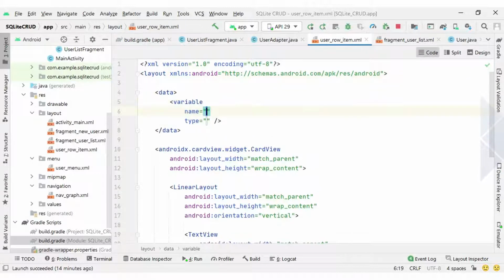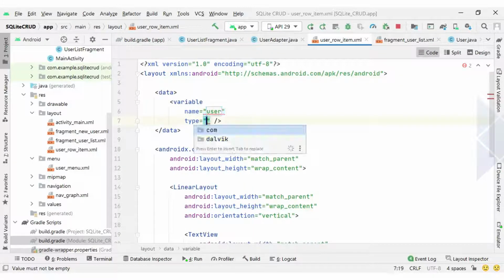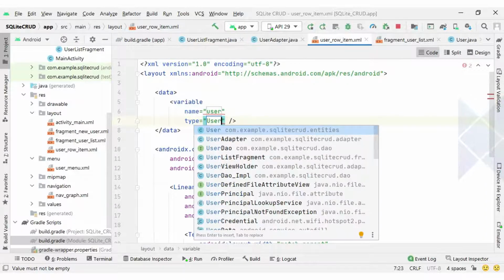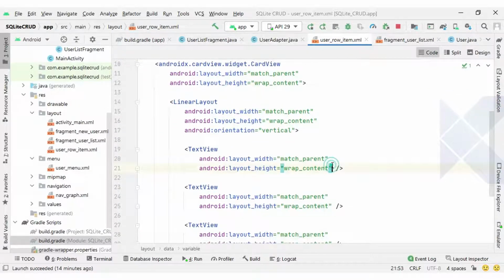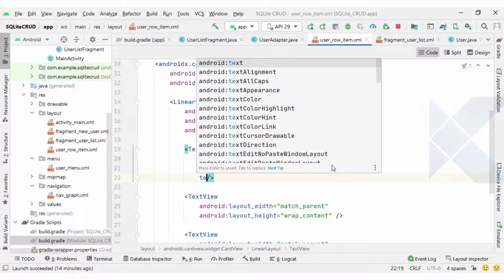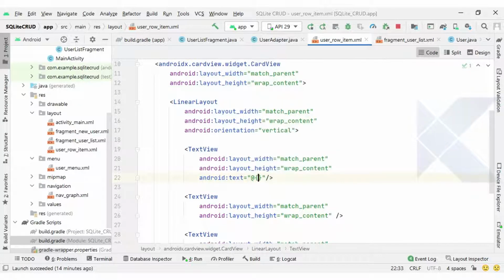have the variable with the name user, and the type we can set as UserEntity, because the data of the user entity we are going to pass with this layout. And next you can set the value of user. So text @{user.firstName + " " + user.lastName}.